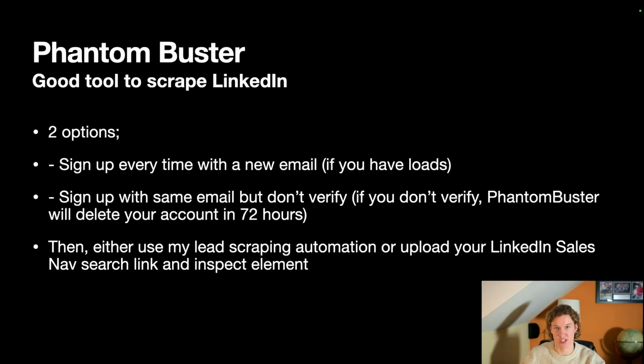So you've got two options here. If you have loads of emails, like I've taught you how to get for quite cheap in my other videos, then you can just keep signing up with a new email every time your monthly execution time runs out. Or you can just use the same email if you don't have multiple emails, but just don't verify your email account. After 72 hours, Phantom Buster will delete your account and you can just sign up with the same email